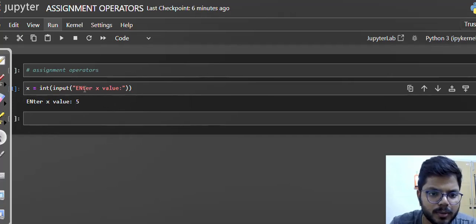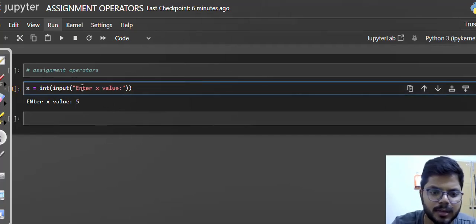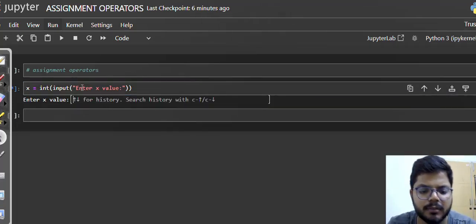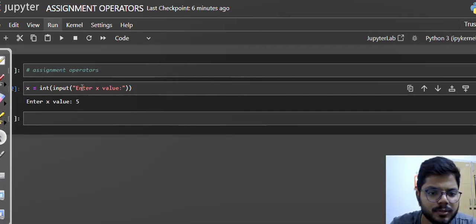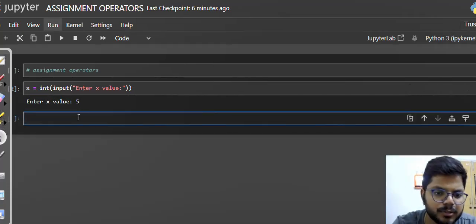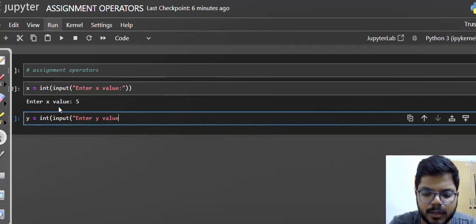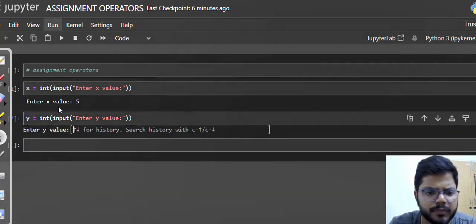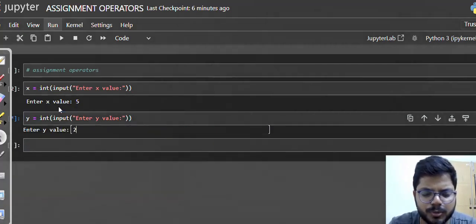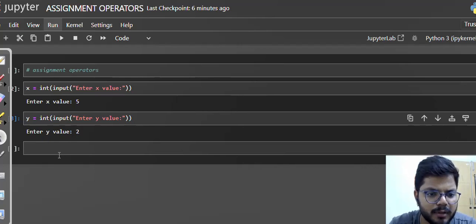So x value I have taken. In the same way, I will take the y value: y equal to int input, enter y value. If I enter the y value as 2 and I proceed,